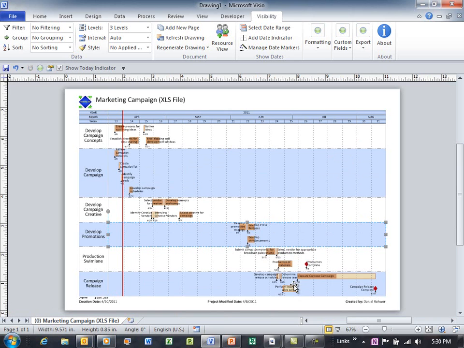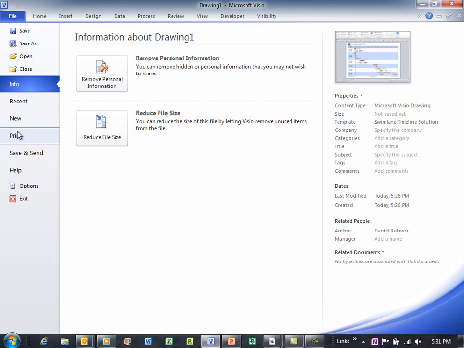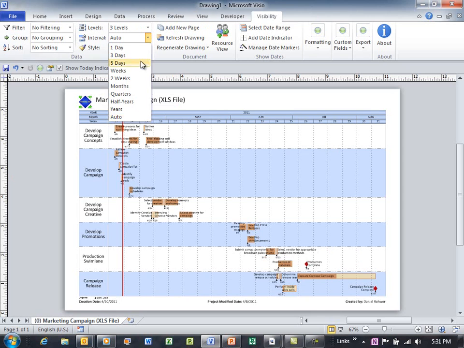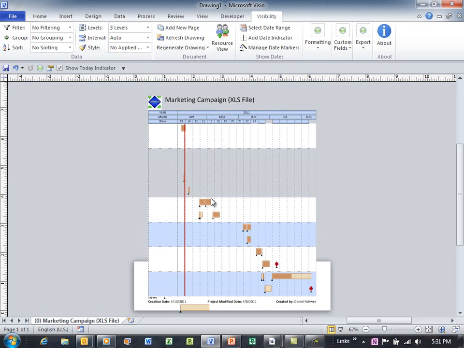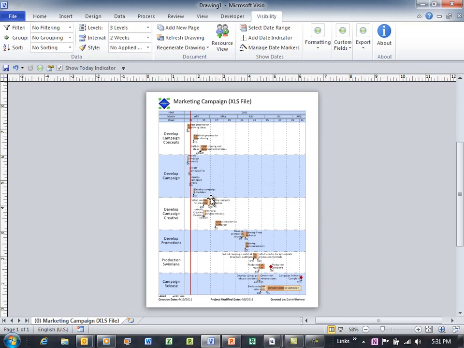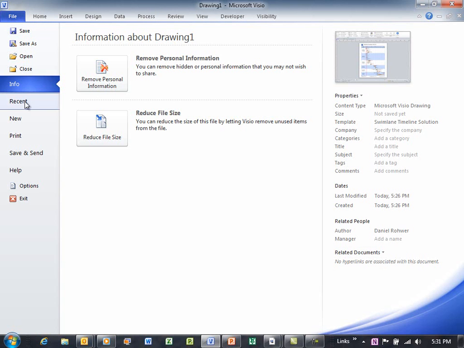Okay, so perhaps this is something I want to share with the team. It's in landscape mode, and that's the default mode that we work in, but maybe you'd like to show this in portrait mode printed out on 8.5 by 11 paper. What I'll do is switch from looking at this by week to by 2 weeks as my time interval. It's going to shrink this up and make it more of an 8.5 by 11 view. And if I go ahead and go to print,